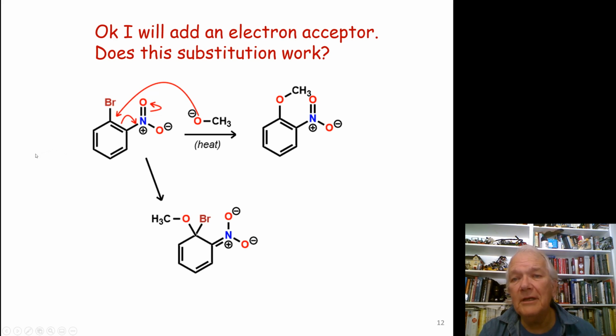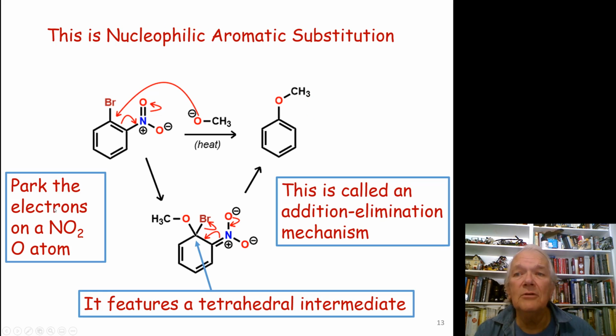And we get this tetrahedral intermediate, which has the electrons parked out onto the nitro group. This is a perfectly good intermediate, and it's good enough to make the reaction work. And so again, the electrons just come back and kick out the bromide, and we've done our substitution. So this is nucleophilic aromatic substitution. We have done a substitution at the bromide, but it only works because we have an electron withdrawing group to